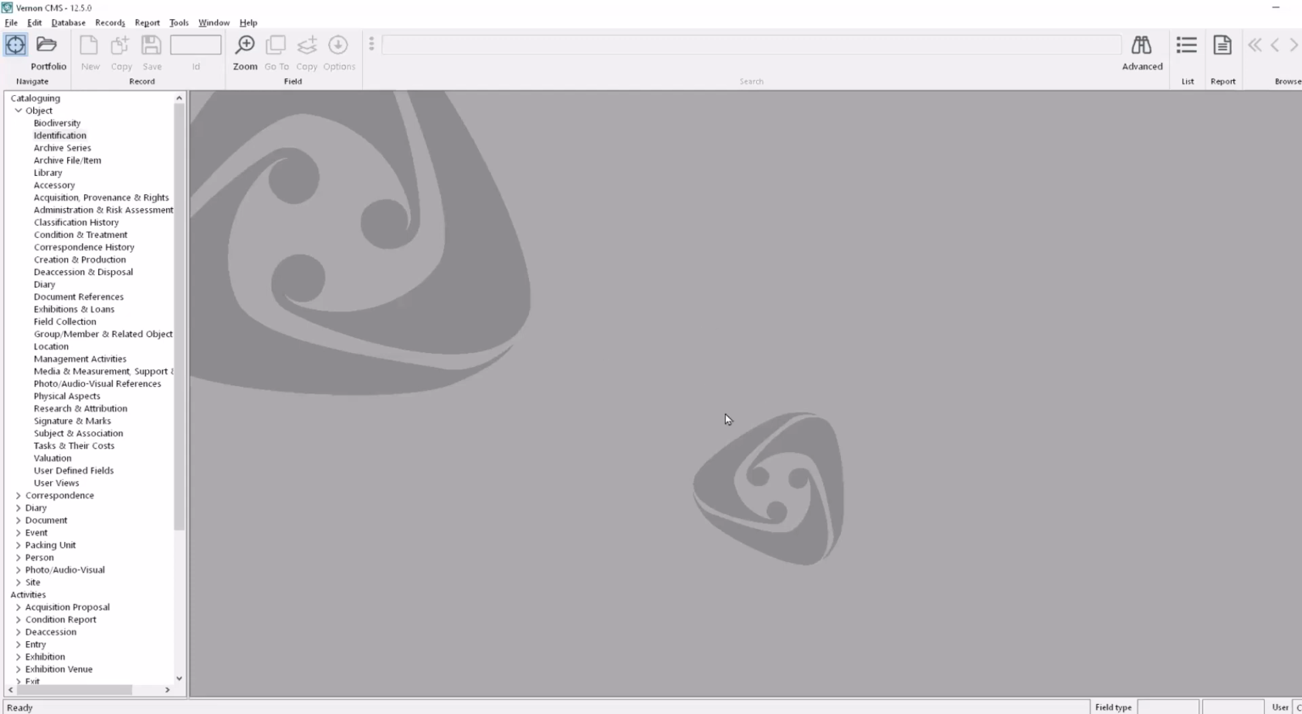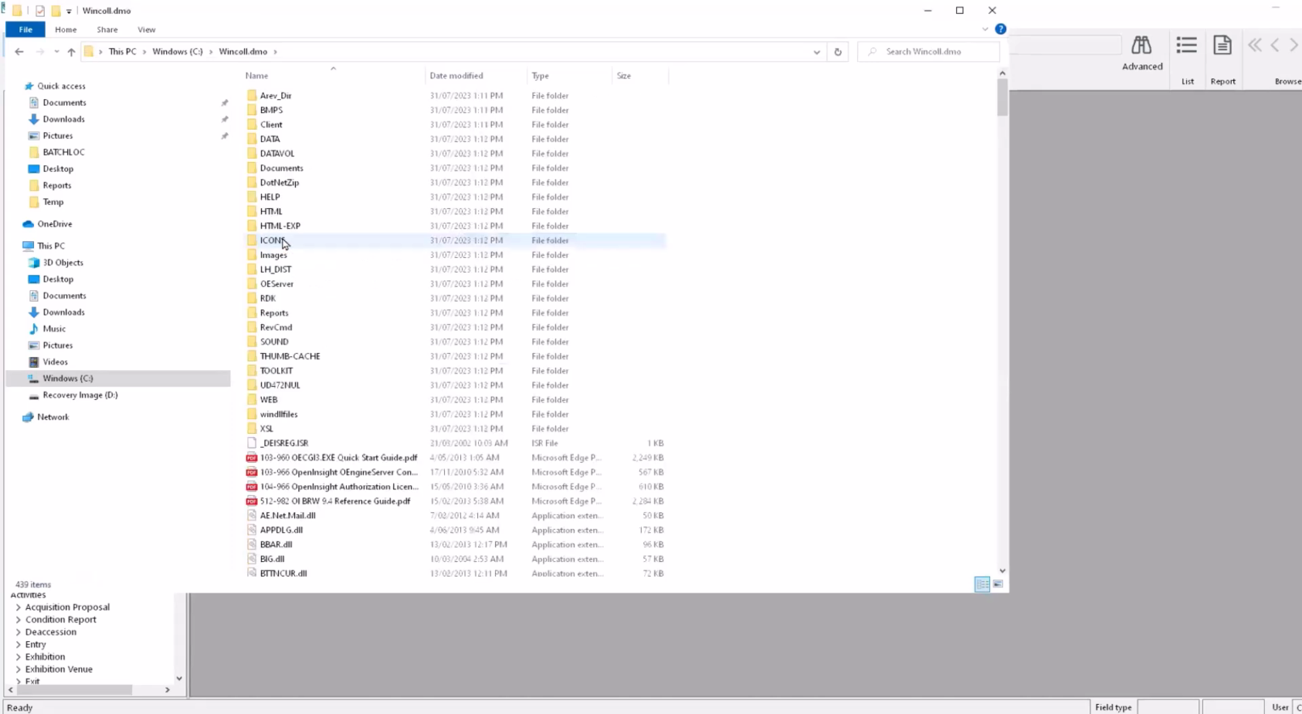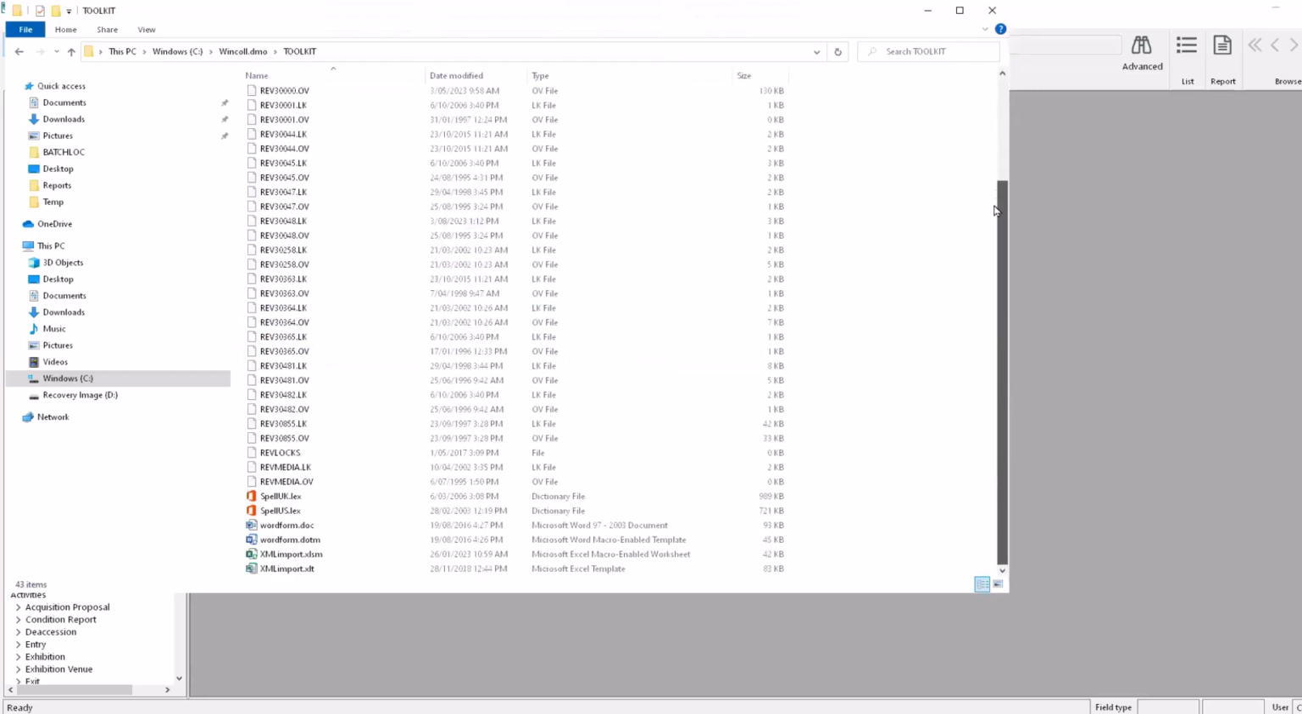So let's start with the first stage, which is preparing your data. You will have a folder where your Vernon is located, and that is called WinCol. In my case, it's called wincol.dmo for the demo system, but yours would be called WinCol. You go into the WinCol folder, and there's a folder called Toolkit. We go into there, and down the bottom, we have this XML